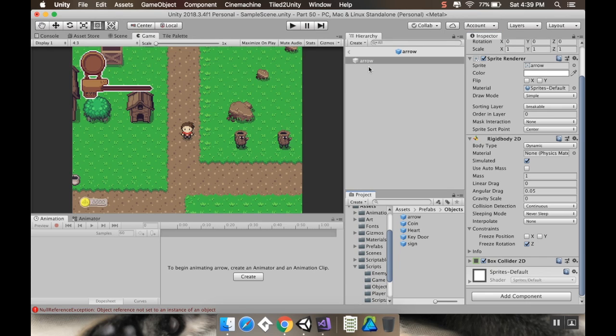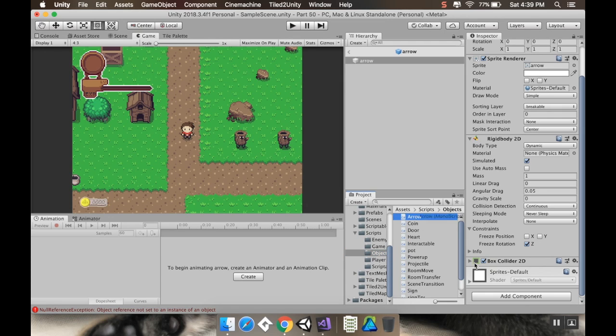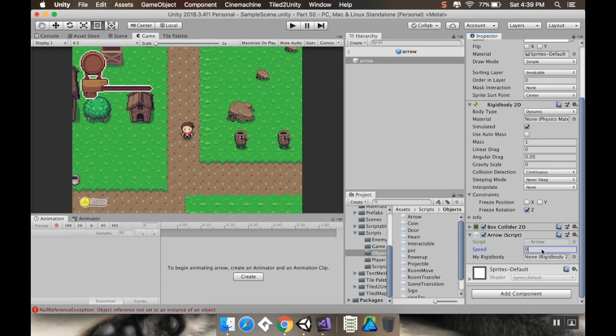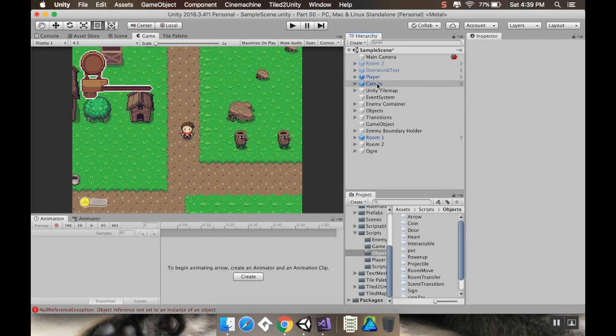So I'm going to open up my arrow here, which I already have. I'm going to go to my scripts, my objects, attach the arrow. I'm going to set the speed to be, I think 8 is what I liked when I was playing with it earlier, and assign the rigid body. And then just go back, save everything, and let's try that again now. So if I hit play,